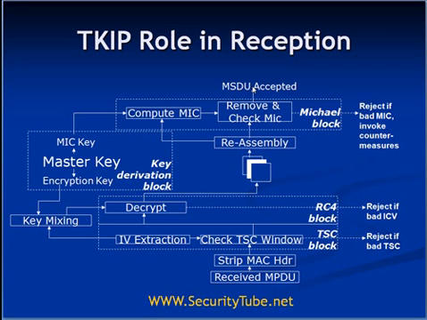If Michael fails, then simply the packet will be rejected, but it will not just be rejected, a MIC failure report will be sent to the AP. If the packet is from AP to the client, then at the client's end, if MIC fails, the client has to immediately report to the AP that for such and such packet MIC has failed. This report is called the MIC failure report, and the standard says if within a span of